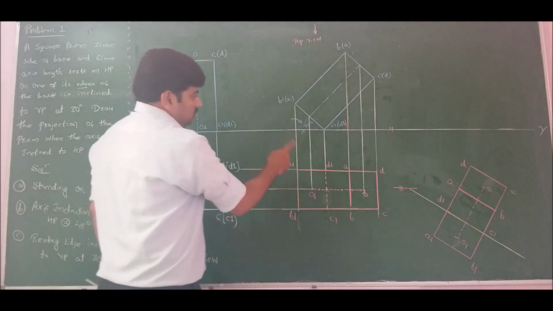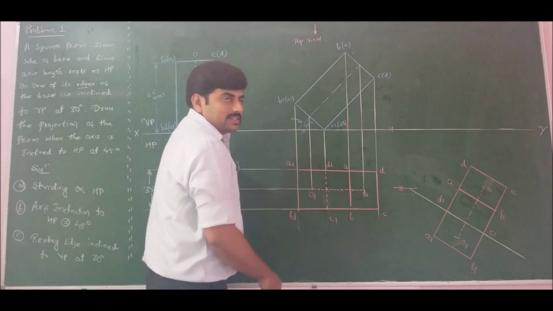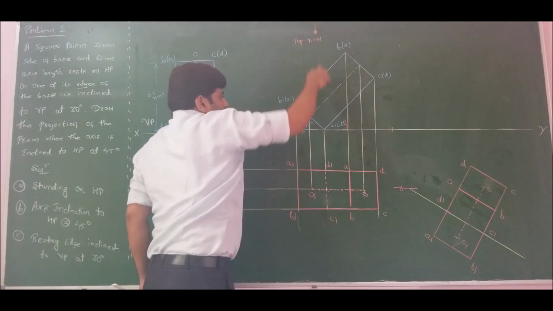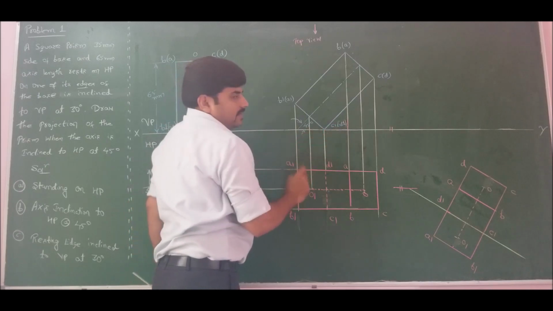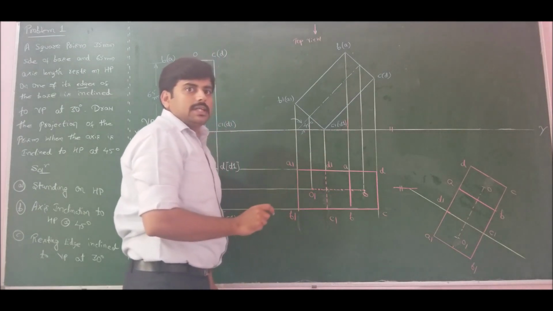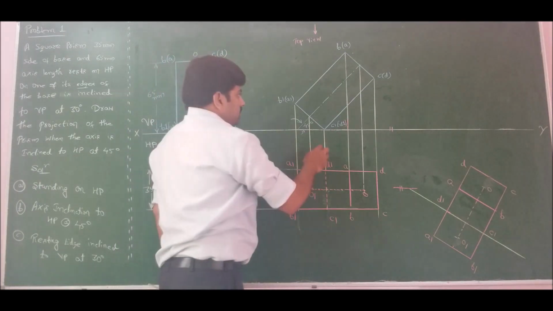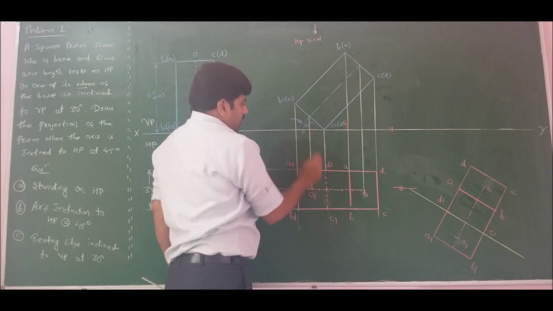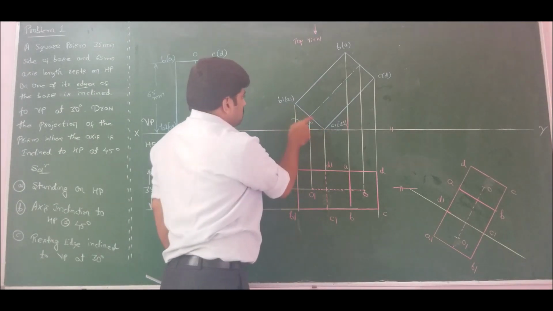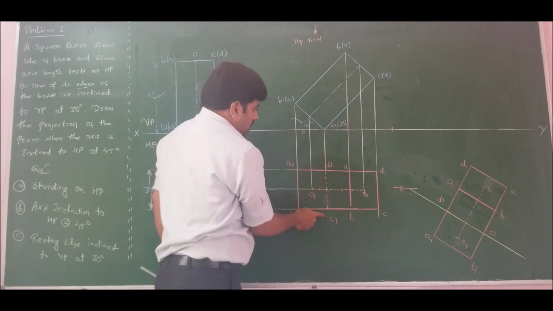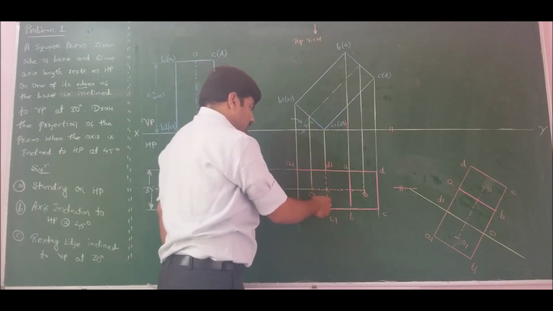I repeat, how to plot the invisible edge. Looking from the top, identify the farthest corner. The farthest corners are C1, D1. All the edges emerging from C1 and D1 are invisible except if it is on the boundary. B1 to C1 is on the boundary, so it cannot be invisible. C1 to D1 is not on the boundary, mark it as invisible.